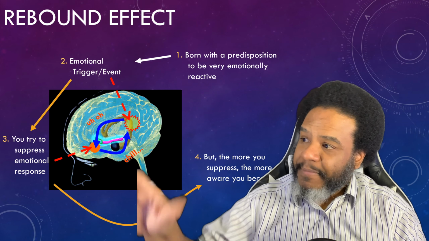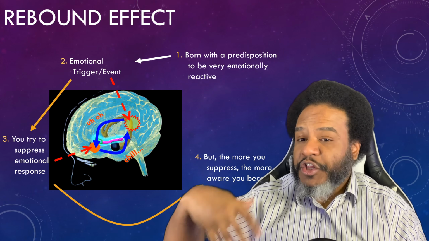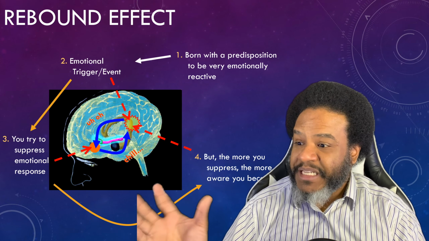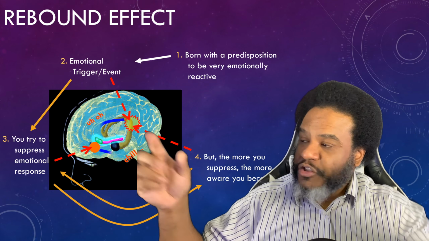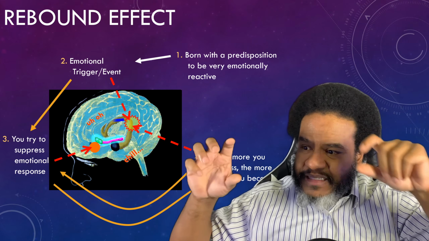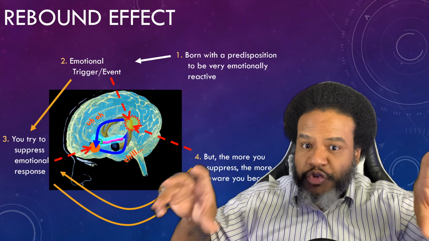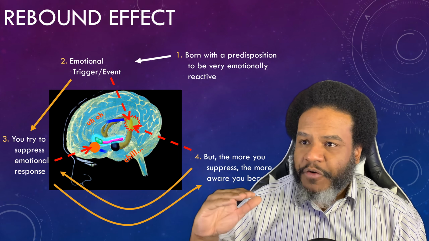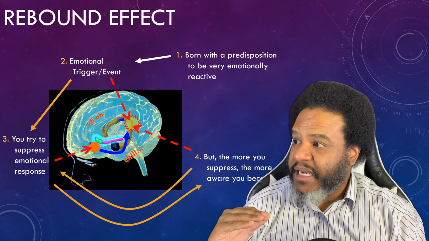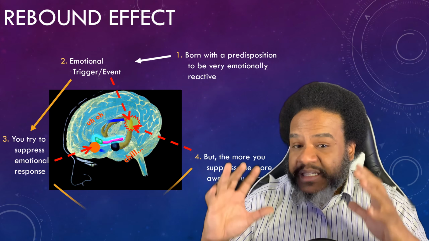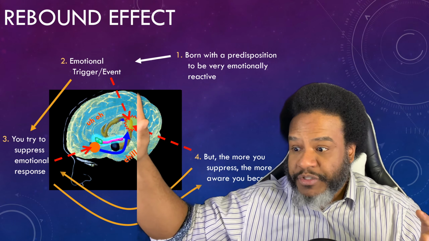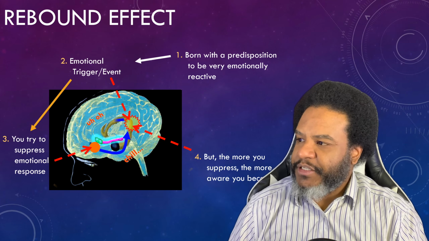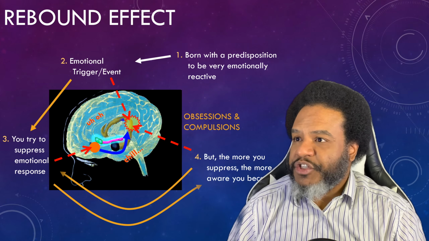So the more I suppress these emotions, the more aware I become of these emotions, which then strengthens that association, makes me think about it more, and so it goes back and forth. So this is reciprocal causality. I try to suppress, the emotions get stronger. So I'm thinking about them more, try to suppress them more, they get stronger. And it goes back and forth. And this connection is then reinforced over time. Every time I encounter some of this event right here that triggers this emotional response, I get caught into the cycle, this reinforcement that causes a lot of distress. This is the connection between the obsessions and the compulsions.